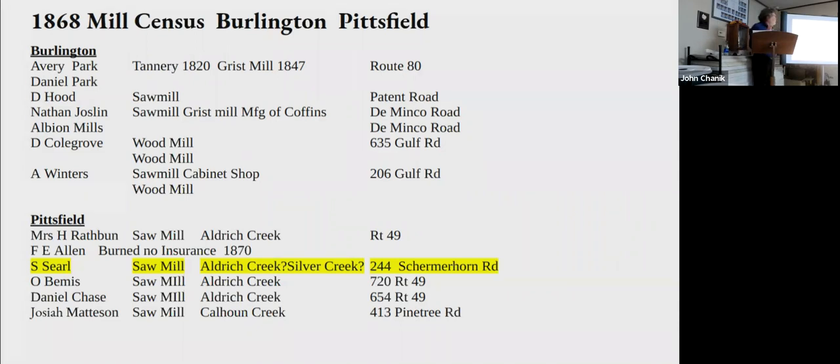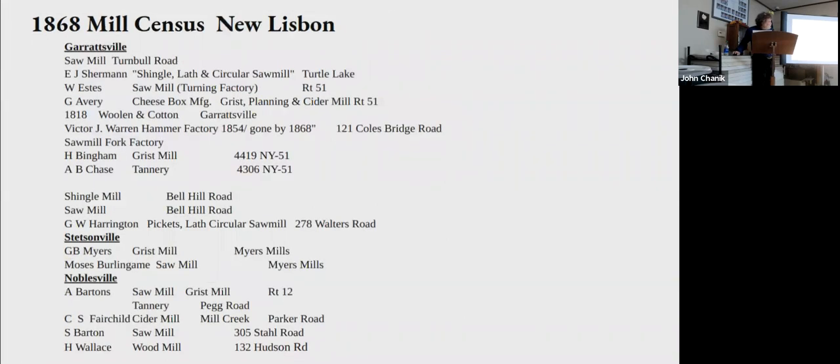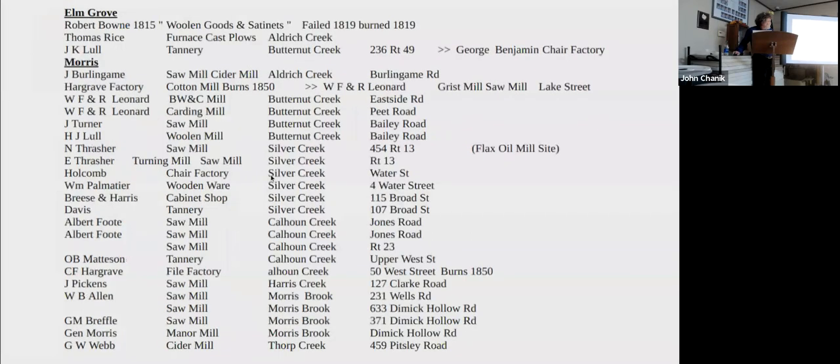between my own chasing down the different mills and the 1868 atlas, I put together a quick census of mill buildings. There's Burlington and Pittsfield, just to give an idea of how many we have. New Lisbon is very busy with 3 separate milling centers between Garrettsville, Stetsonville, and Noblesville. Not to be Morris-centric, but